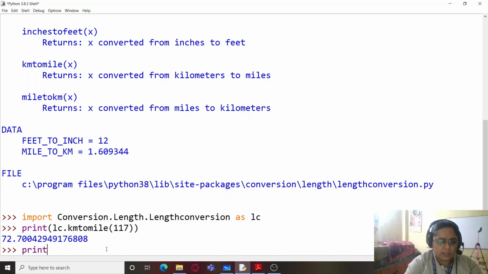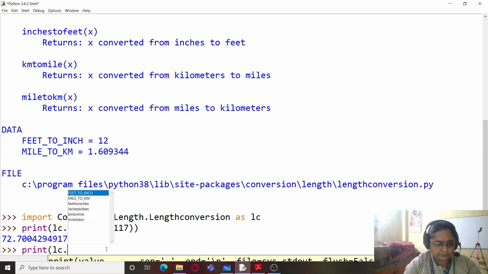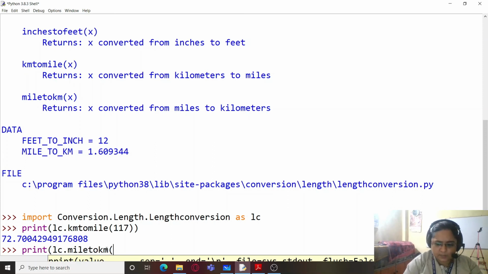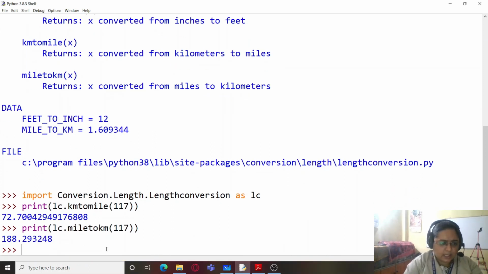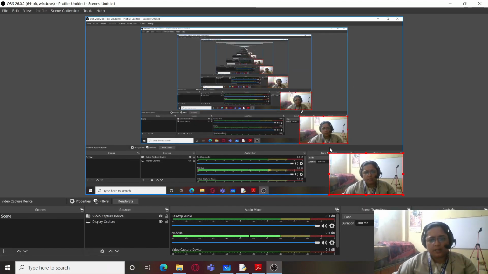And I will also be using LC dot mile to kilometers, and I'll just provide 117, and you can see 188.293248 kilometers. So this is how we can use our module in our program.